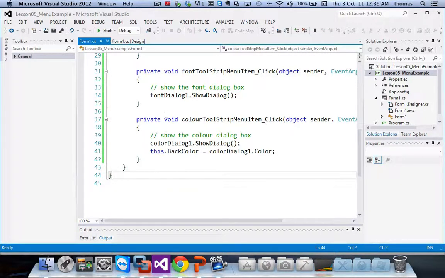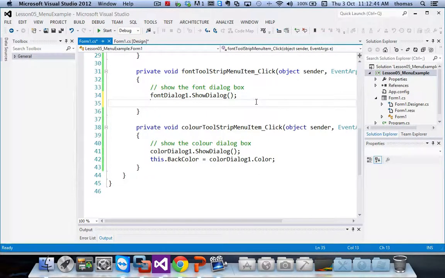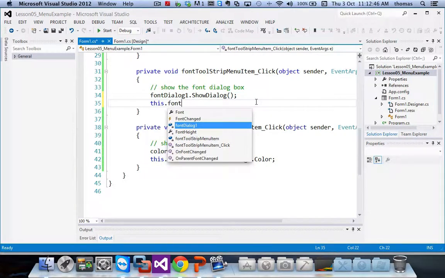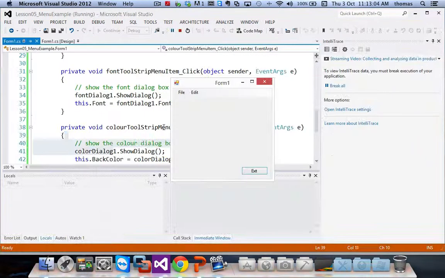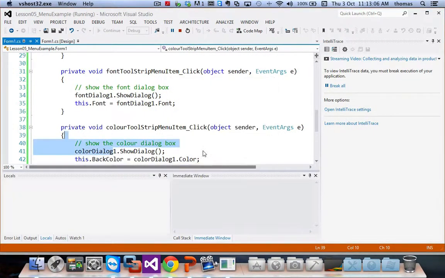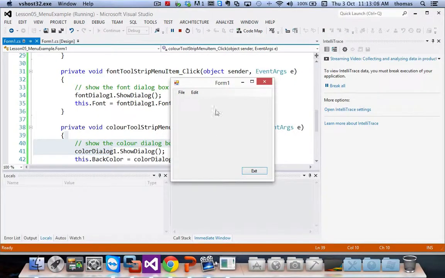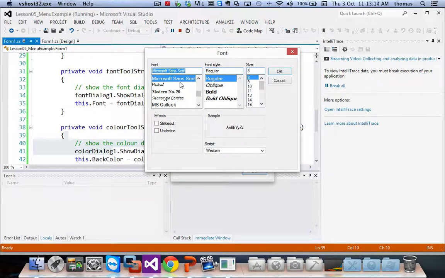Okay, so here we are. I want to do the same thing with fonts. Again, I'm going to say this dot font, as an example. So here it is. This dot font is equal to font dialog dot font. So I'm choosing my font, and I press start, and let's try that again. Let's press start. So I select my font, and this time I make my font, instead of Microsoft Sans,